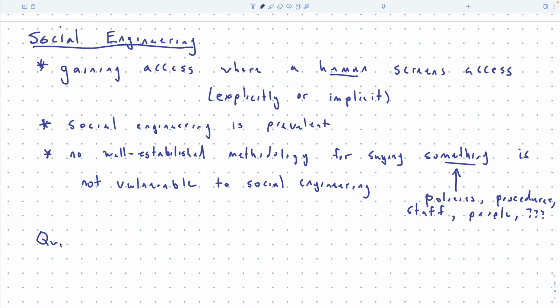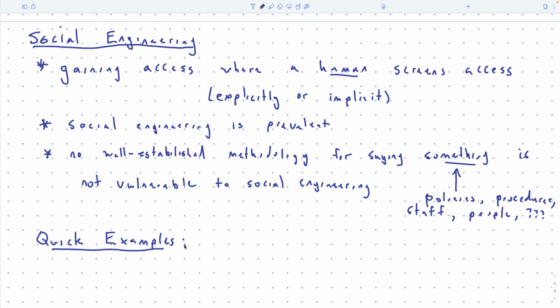So what I'm going to do is give you some quick examples. Then I'm going to give you a taxonomy for the components. We're going to break social engineering down to 4 components. Then we'll watch a video just to start thinking about it. We'll think about what those 4 components are in terms of that video. Then we'll go through each of the 4 components in more detail. I'll tell you everything I have to say about each of them.